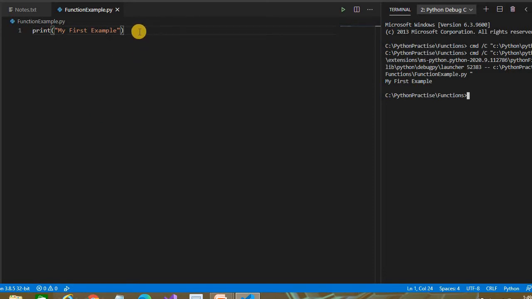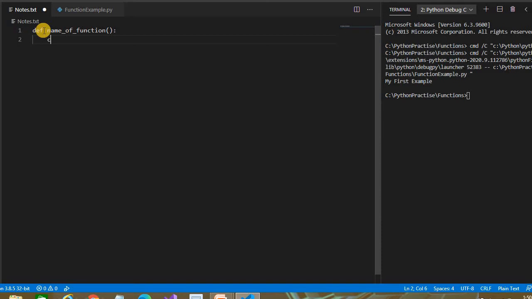So we can also define a function. How do we define it? For defining a function we have to write the def keyword. The starting point of any function is def. That's the definition. We have to give the name of the function. Here the naming convention is the same as for variable names. So you can write something like calculation or math or sum or greetings, anything you can write. It follows the same nomenclature that variables follow. You pass the parameters if you want, and then you put the colon.